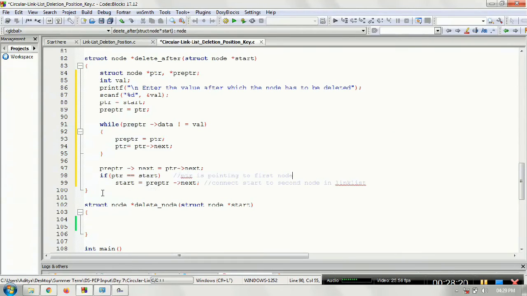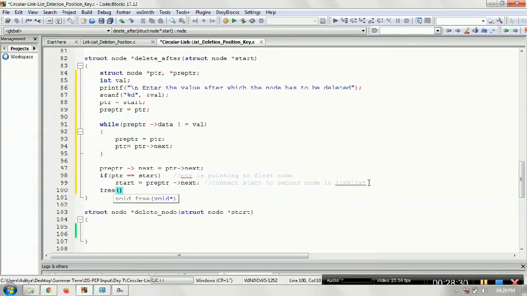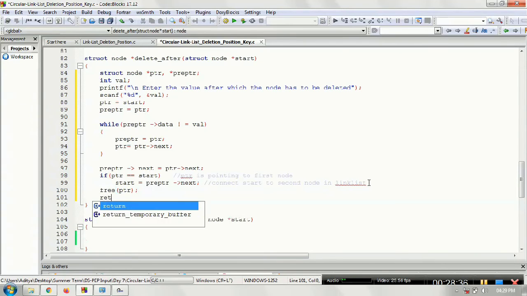Okay, so this is the case. Once it is done, you can easily delete the PTR. You can delete PTR and then return start.